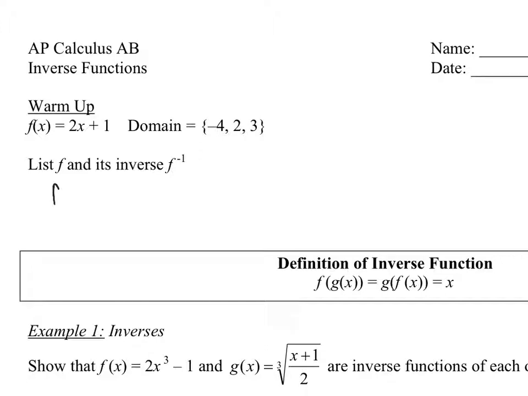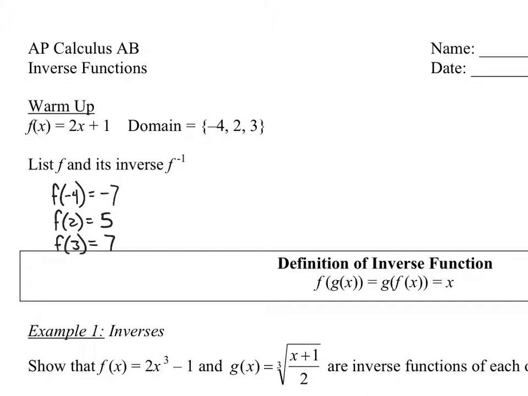Okay. So f of negative 4 would be negative 7. f of 2 would equal, what did we say, 5? And f of 3 would be 7. Okay? Now,